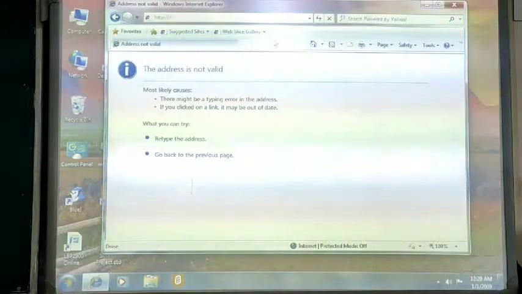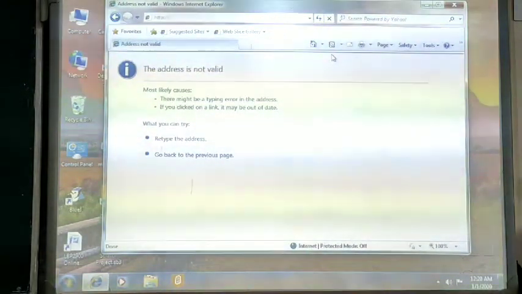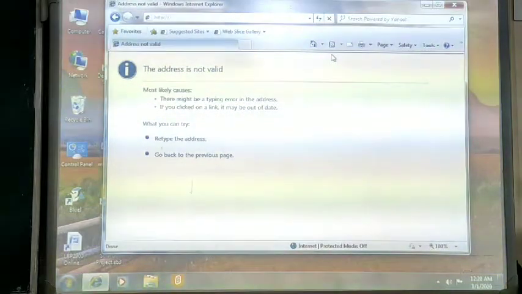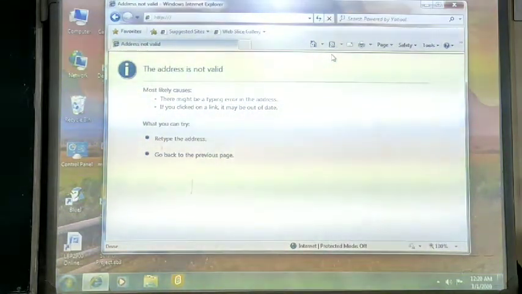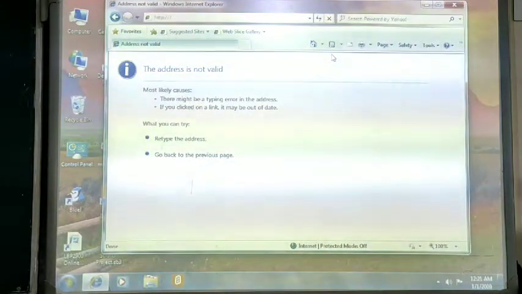The history button shows you the history of the web pages which have been opened on your system in a particular number of days, or it shows you the recently opened web pages on your system.